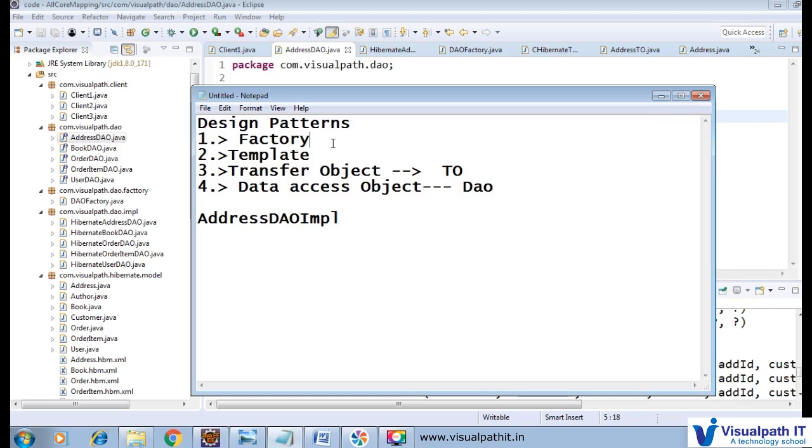So this is a factory. We already utilize a Hibernate util factory in many places. I already explained it in each and every project. So factory is not new right now, but I already explained how we are going to utilize a factory in our application. Now next is a